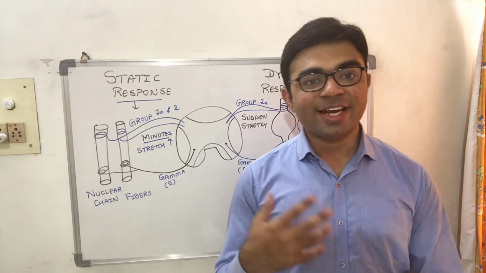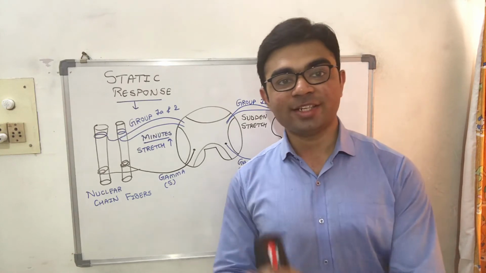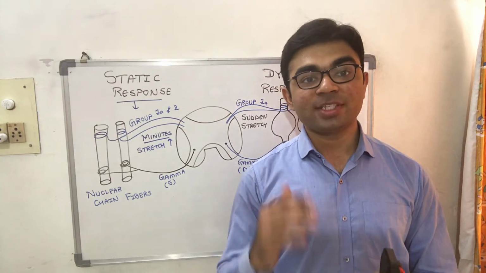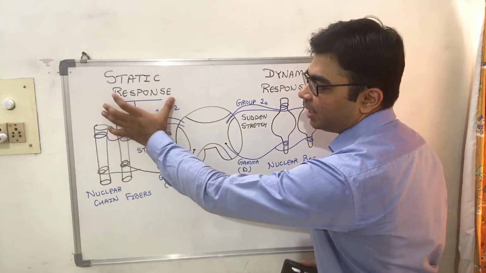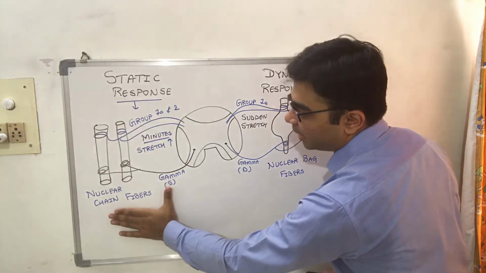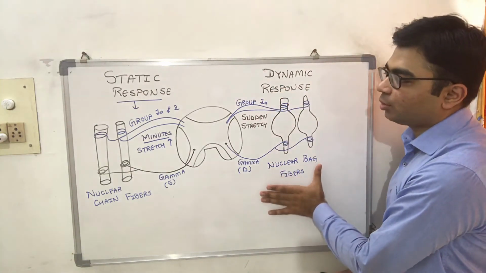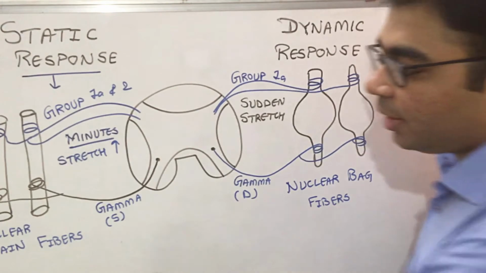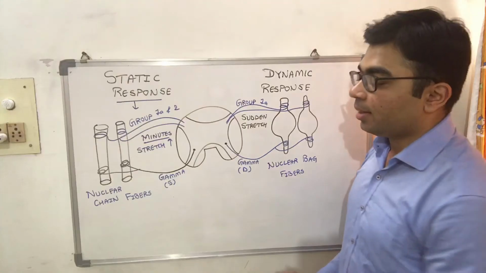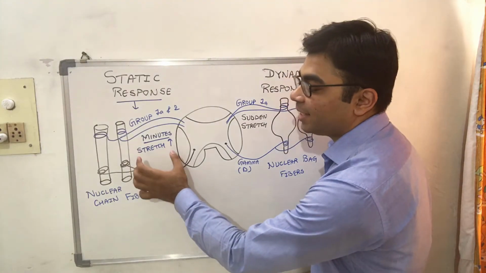So now let us understand the static as well as the dynamic response of a muscle spindle to stretch. As you can see in this diagram, on one side I have drawn only the static, and on the other side only the dynamic. For the static, nuclear chain fibers are responsible, when the stretch force is increased or prolonged into minutes,